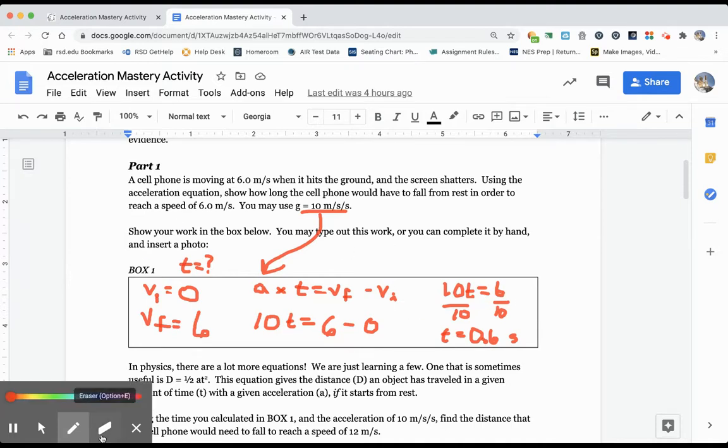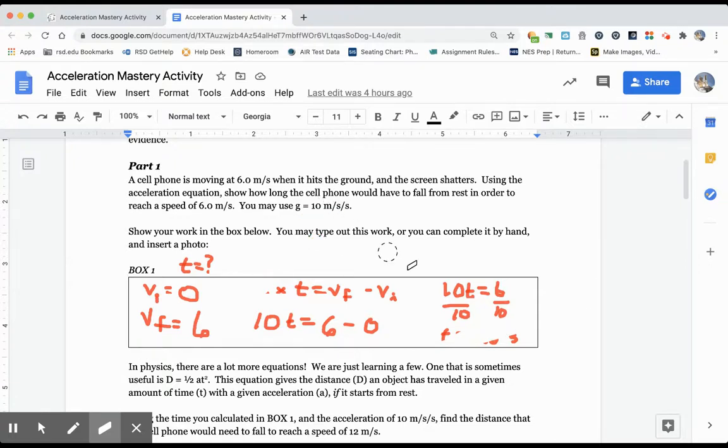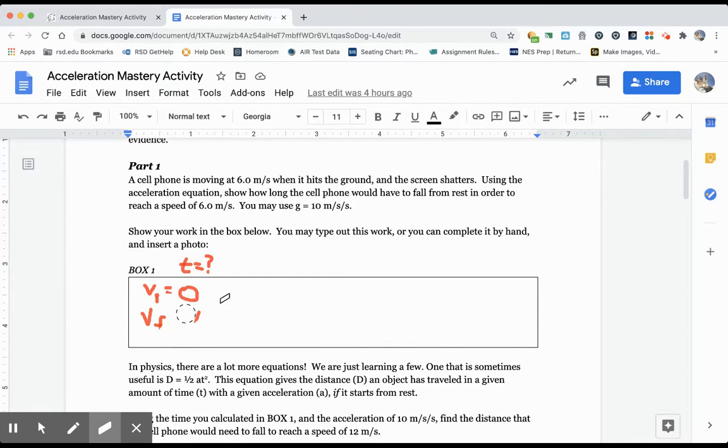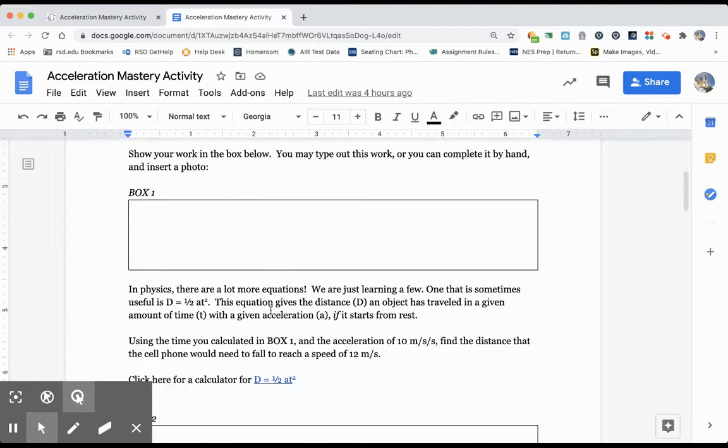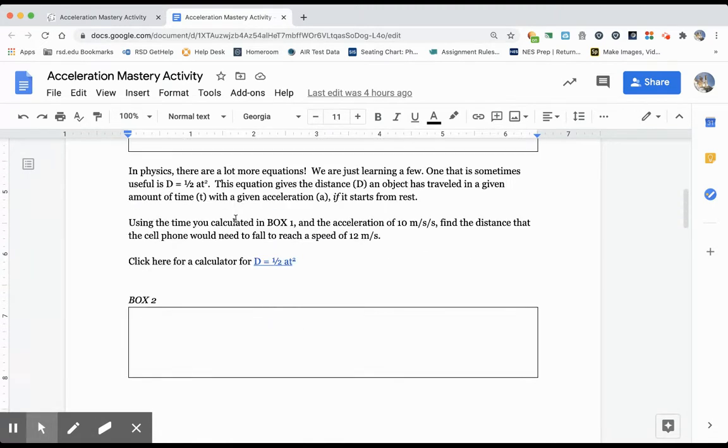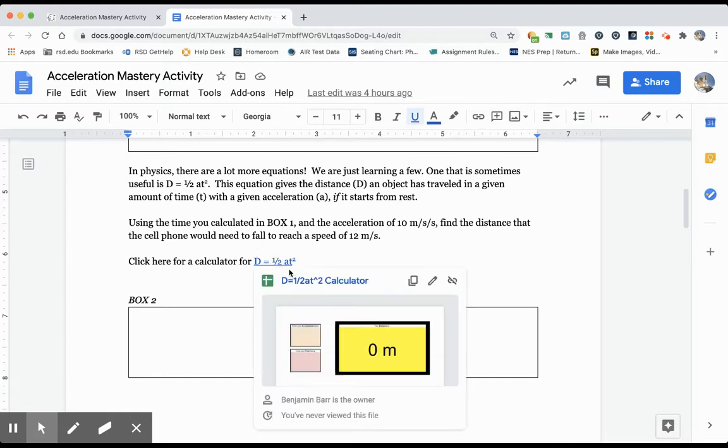Okay, so that's how you do part one. I'm going to erase these things really quickly so that we can take a look at part two. In part two, now we're going to try to find the distance. Just remember that our time was 0.6. So in part two, you're going to use this crazy equation here. D, or distance fallen, is equal to 1/2 a t squared. So the acceleration times the time squared. To help you with this,